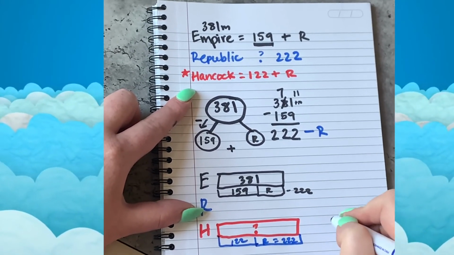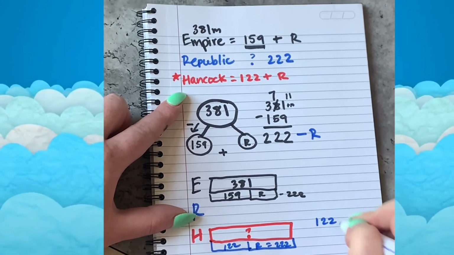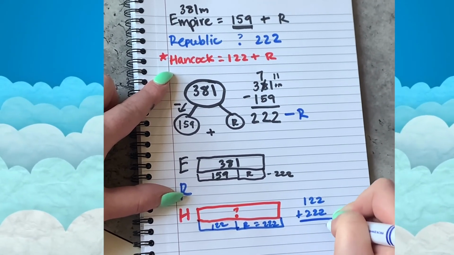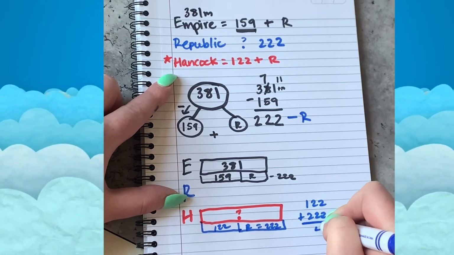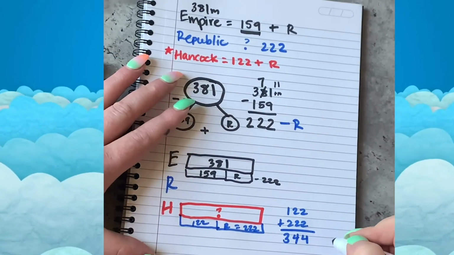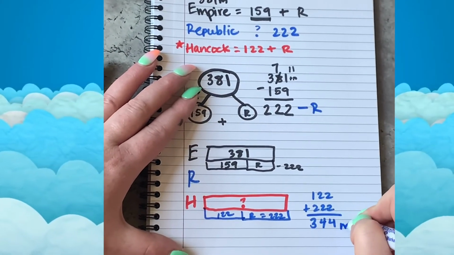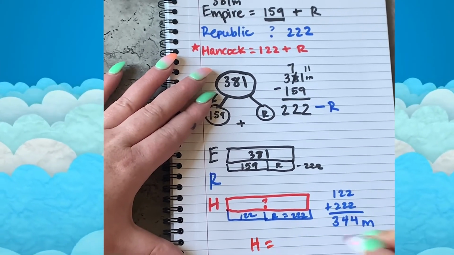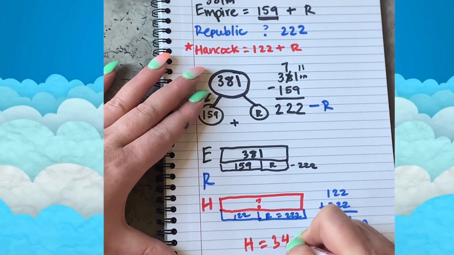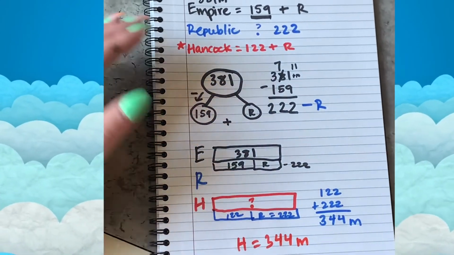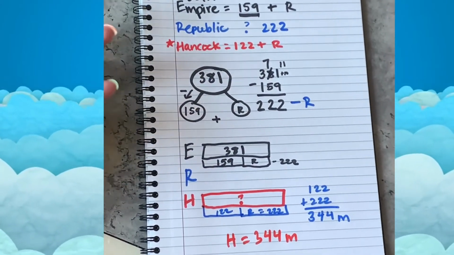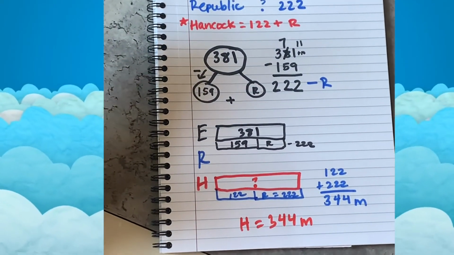So I'm going to go ahead and add that up. 122 plus 222 equals 344 meters. The Hancock Building equals 344 meters. Now I think I'm right, but my mathematical practices have taught me that one of the most important